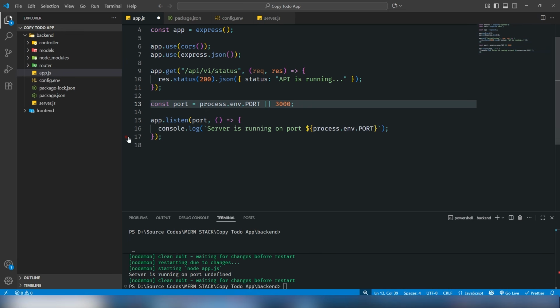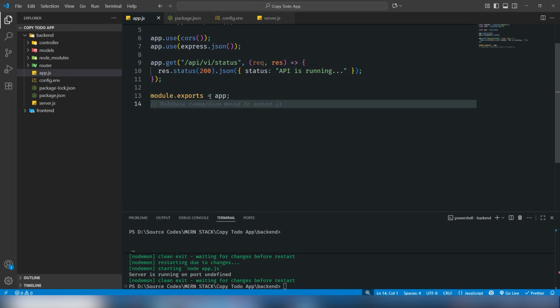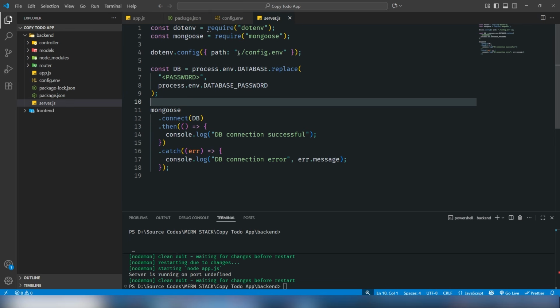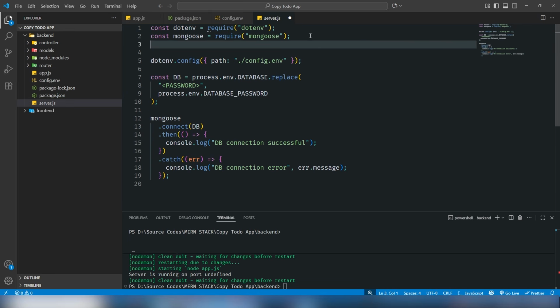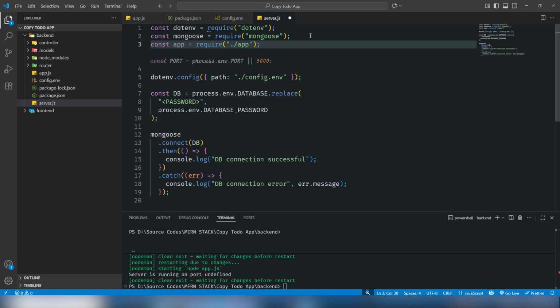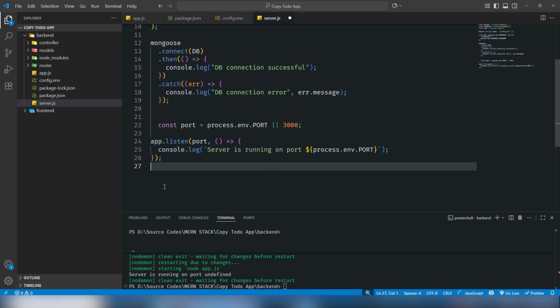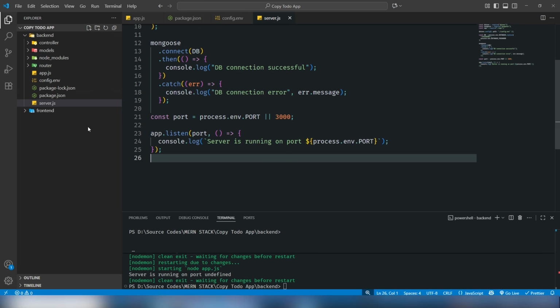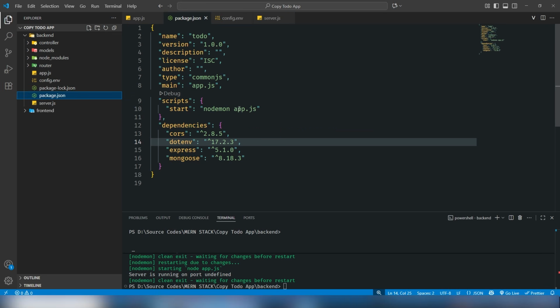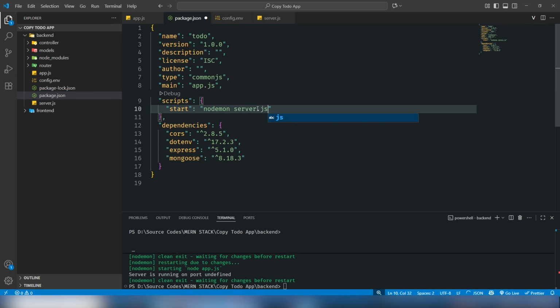I just cut all of the code and use module.exports app in the app file, and I need to move to the server.js file, const app require app, and after this I would like to call that. So I need to change it like this in server.js. So let's try to execute it,